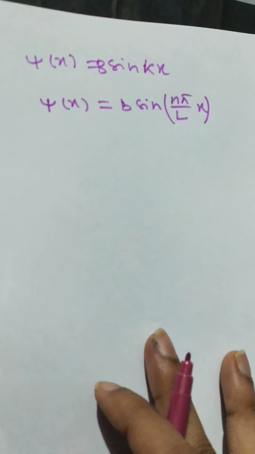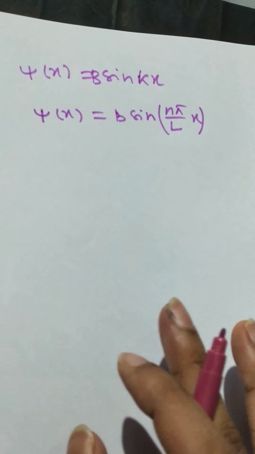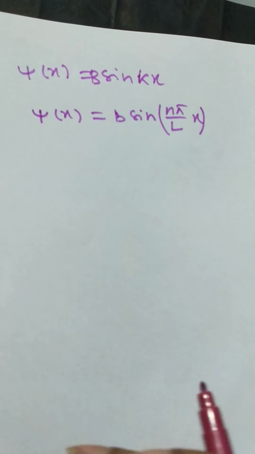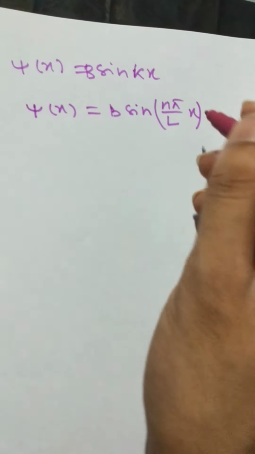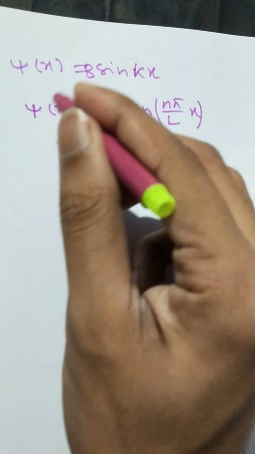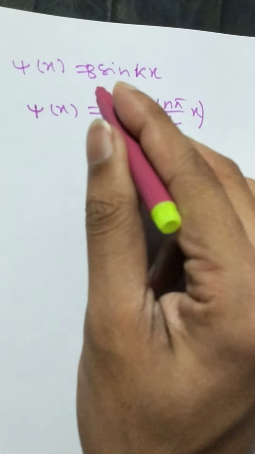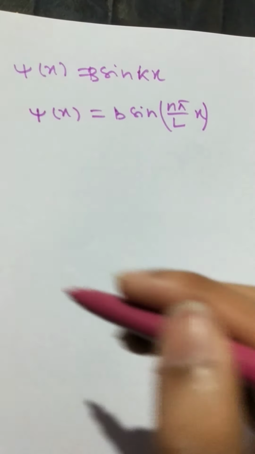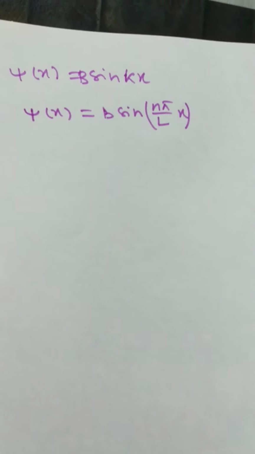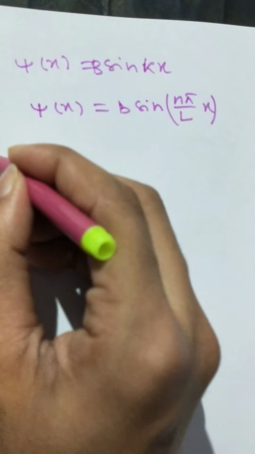Now from the beginning of the lecture, you think that this function is a function which is oscillating, that means the particle is oscillating. From this equation we can tell that this particle is oscillating. That's not true. So then Max Born suggested that